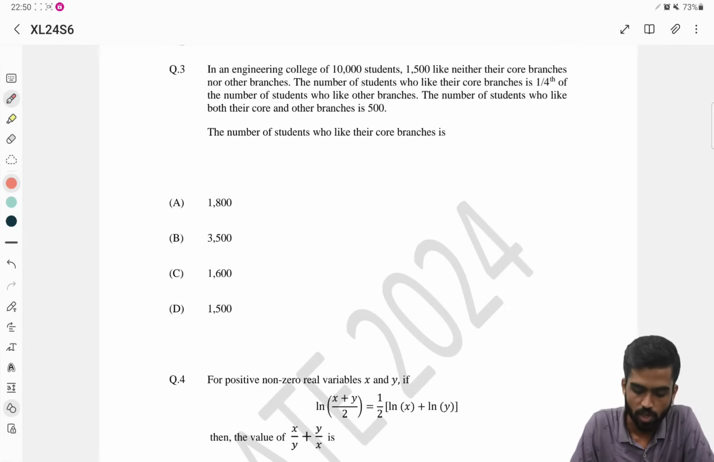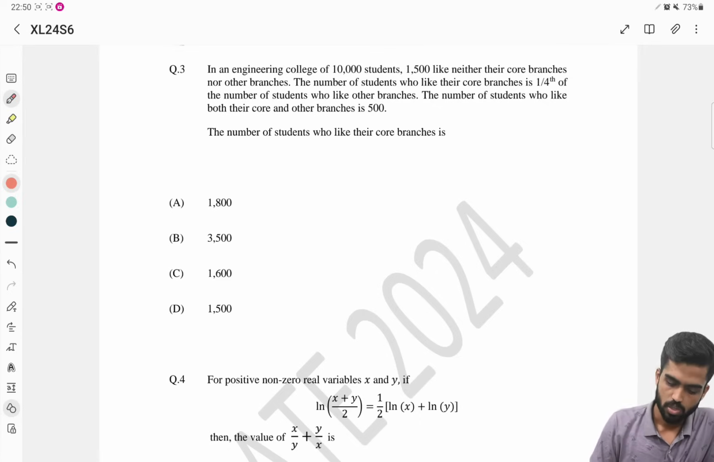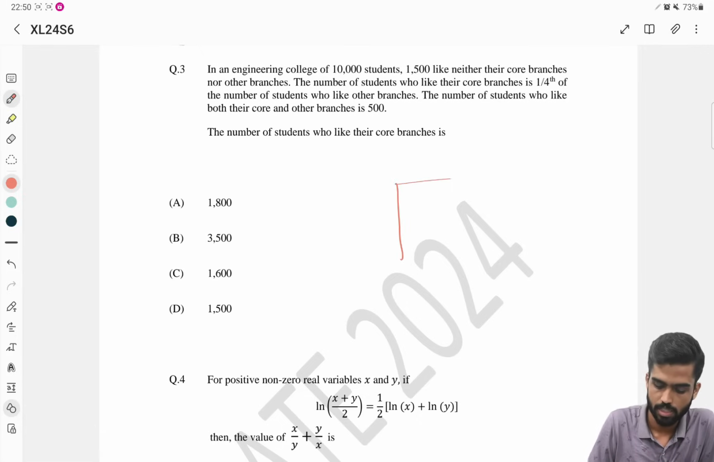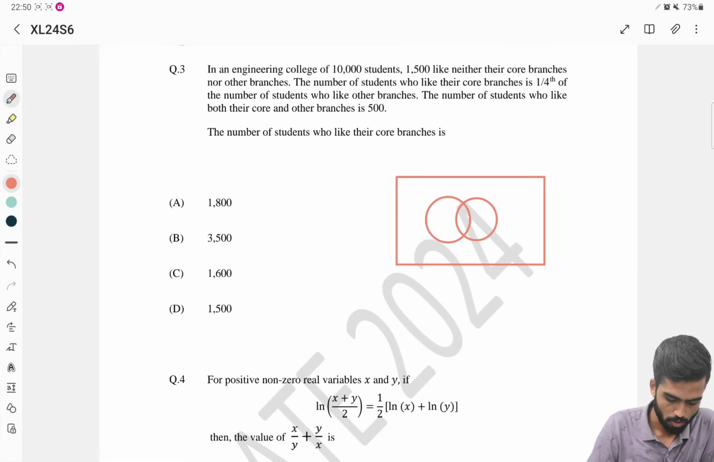Next. In an engineering college of 10,000 students, 1,500 like neither their core branches nor other branches. The number of students who like their core branches is 1/4 of the number of students who like other branches. The number of students who like both their core and other branches is 500. So we'll try to visualize this question where we have a lot of subsets of elements inside the main population. We'll try to create a Venn diagram. So the main population is of